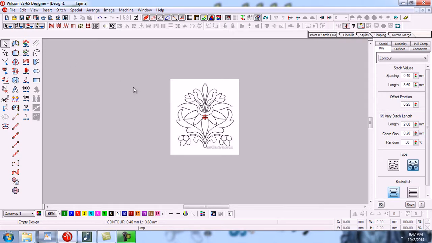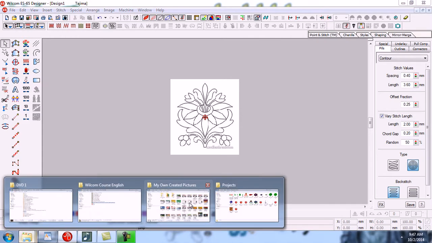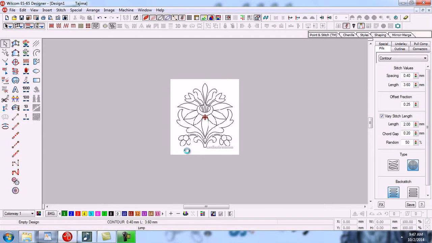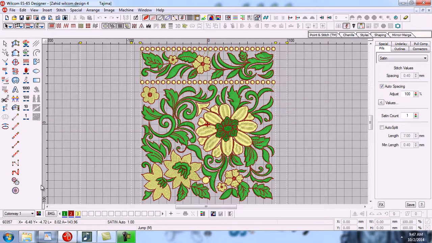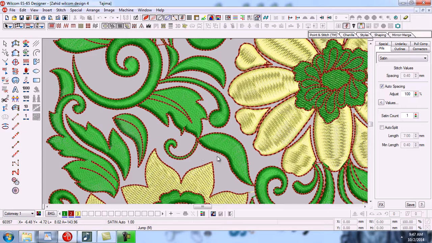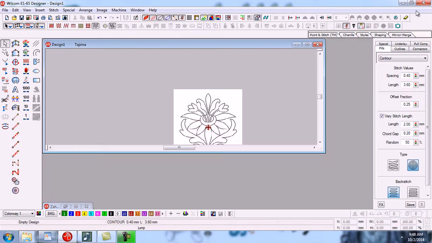For example, we often use this tool to make this type of object, and this type of design, like this, like this, like this. We often make this type of design with Input A.